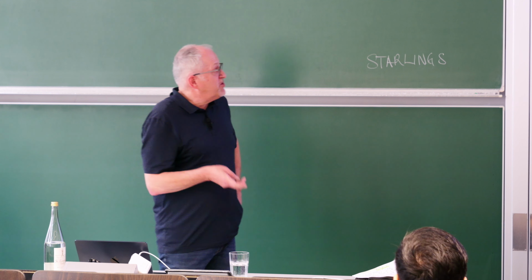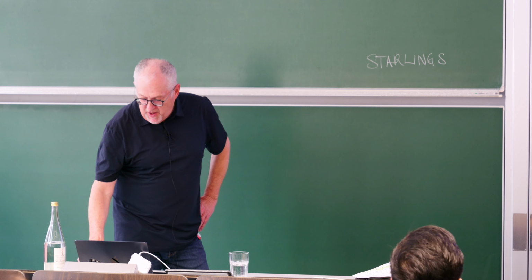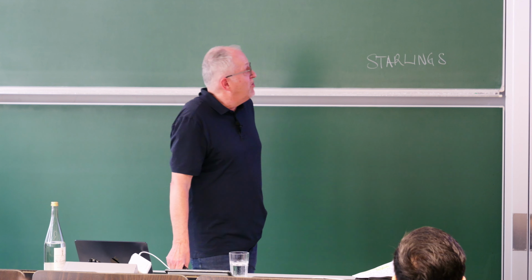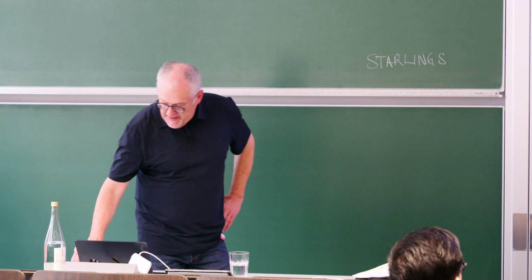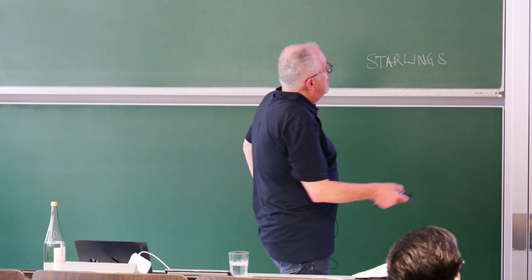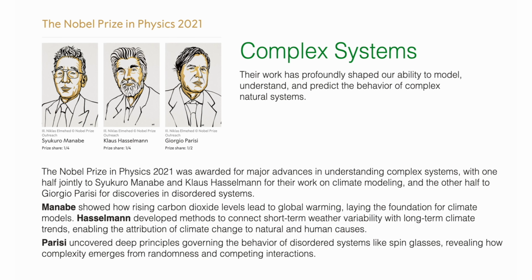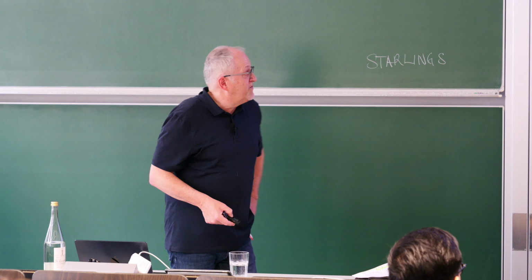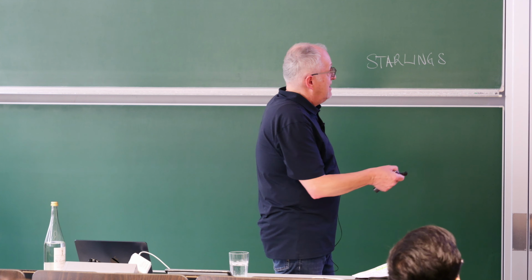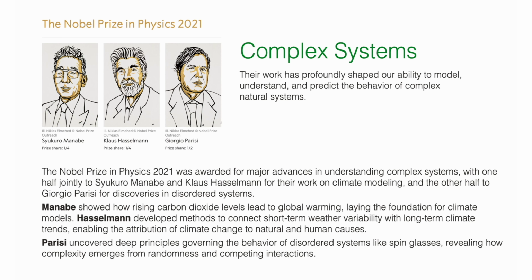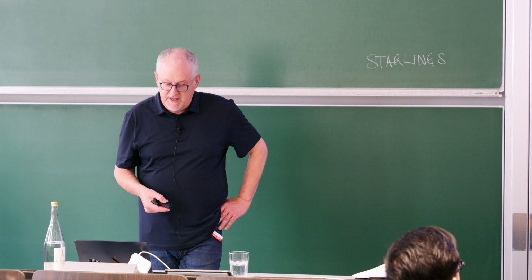I just wanted to flash by a few recent honors of people that have been working in the field. This is the set of Nobel laureates that we had in 2021. It's Parisi, Hasselmann, and Manabe, and they got it for different contributions. Manabe and Hasselmann basically got it for climate modeling, and Giorgio Parisi received the prize for the discoveries in disordered